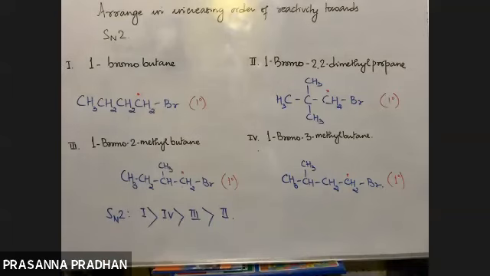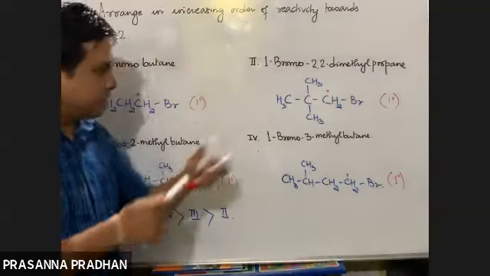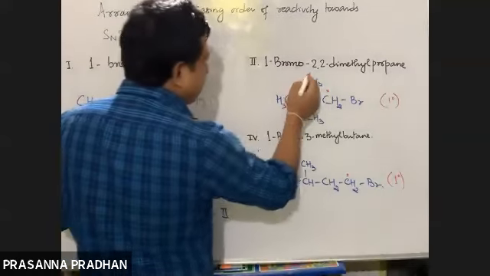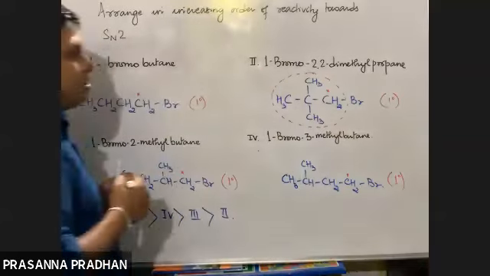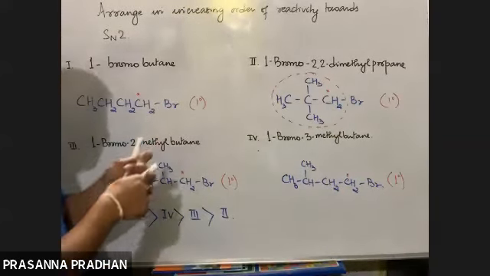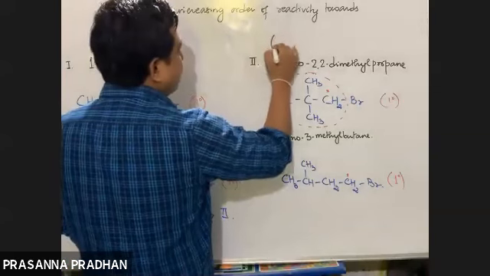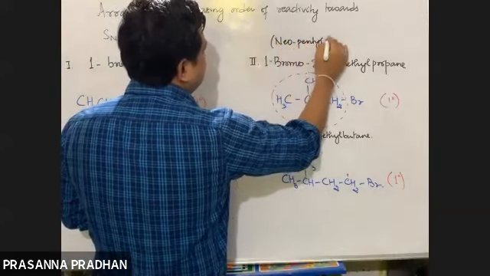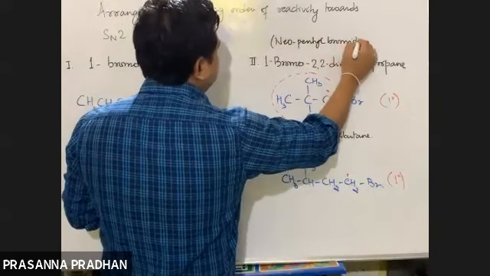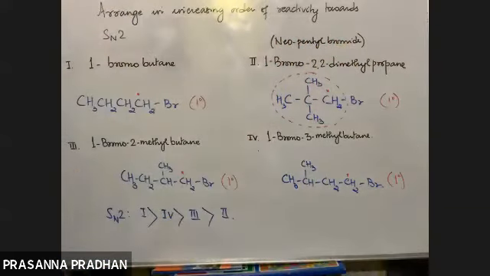So one very famous question which had come in a board exam level. We have a neo group out here. We have discussed earlier in this chapter itself, this group is known as a neo group. So this is also known as neopentyl bromide. I can write it out here as neopentyl bromide. So although it is a 1-degree alkyl halide, it rarely undergoes SN2 reaction because of the presence of bulky 2,2 branching.